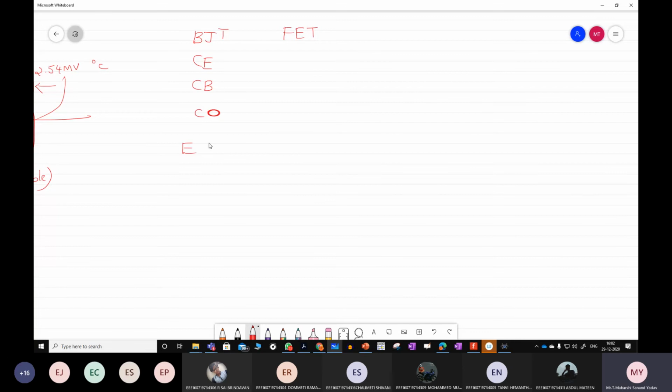Here the three terminals are emitter, base, and collector. So I'm just giving you an overview. In case of FET, we call them source, gate, and drain. Again, we need to learn like this: CS, CG, CD, and again small signal models for this part. First, try to be perfect with bipolar junction transistor with all the configurations, followed by small signal models.